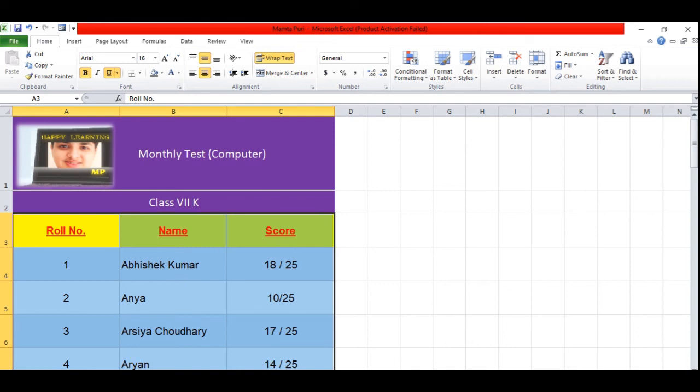So this is how you work with tables and databases, how to use Excel to make a database, how to maintain your records, how to create your fields. All this you have learned in this, so practice it.